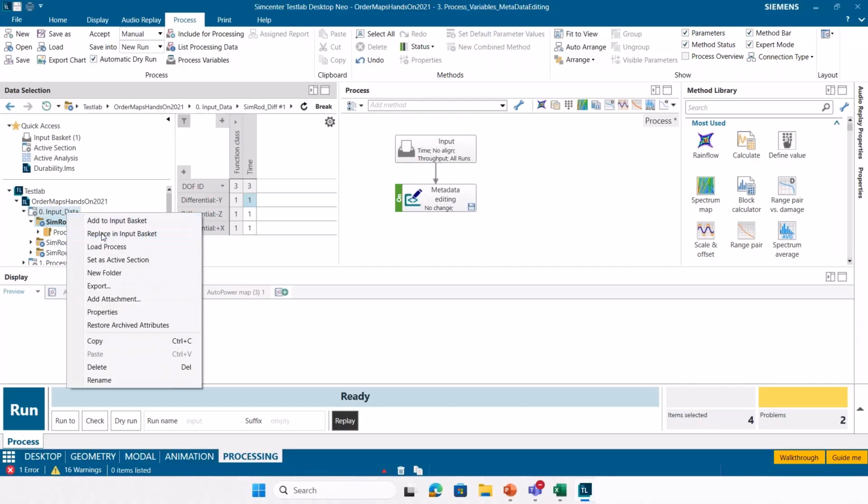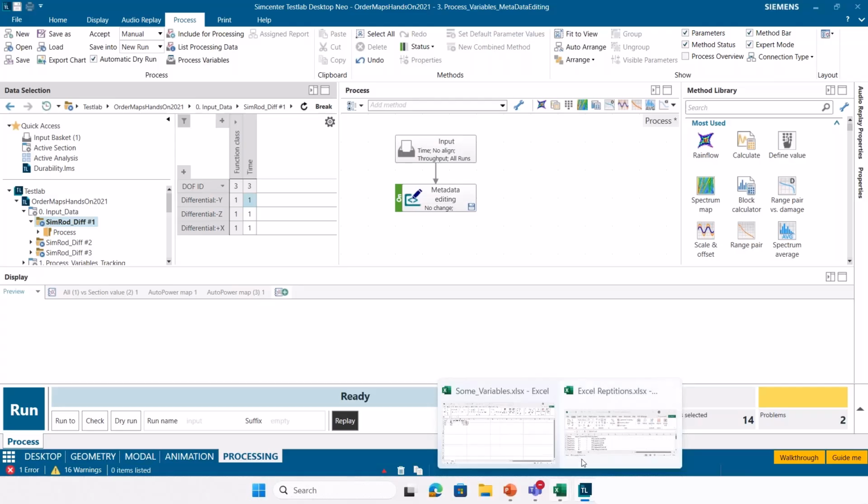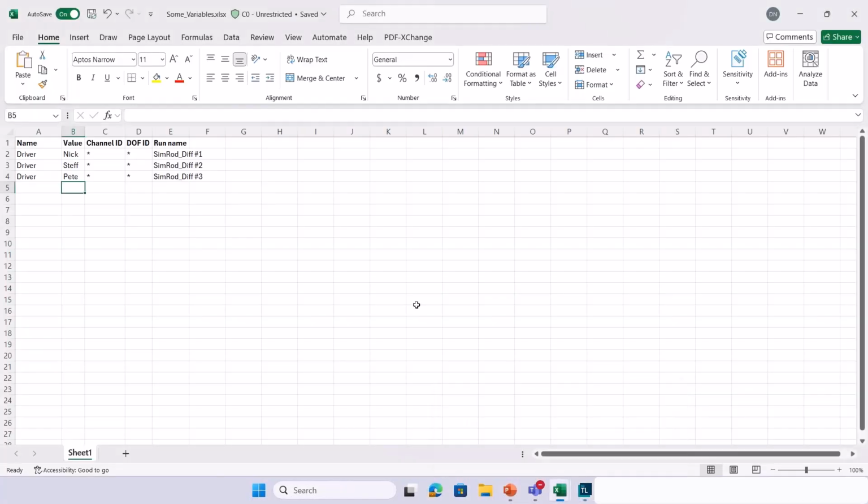I'm going to add these all to the input basket. And then in Excel, I have a very simple little table here created where I've got the name of my variable, the value for that variable, and then the run name that I'd like each of these variables to be associated with.